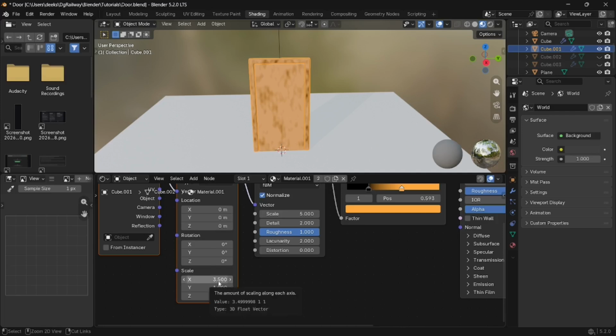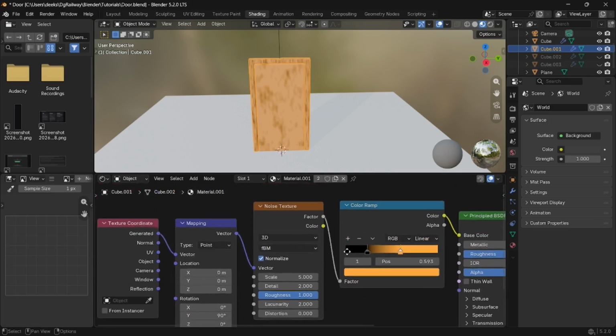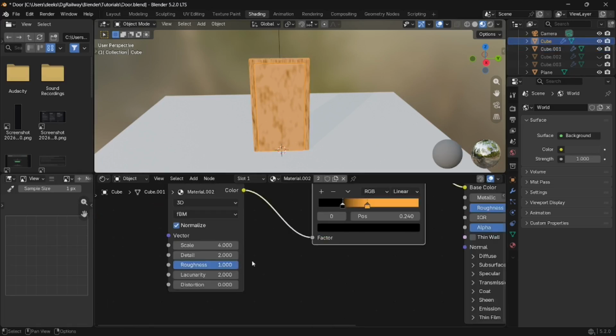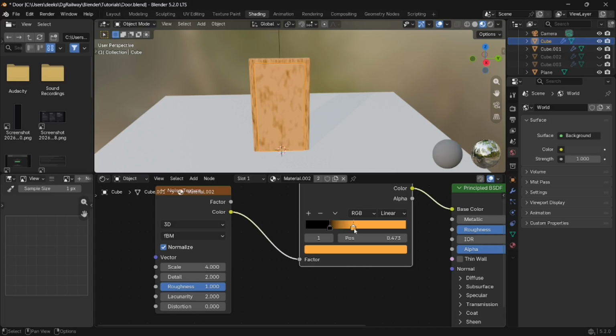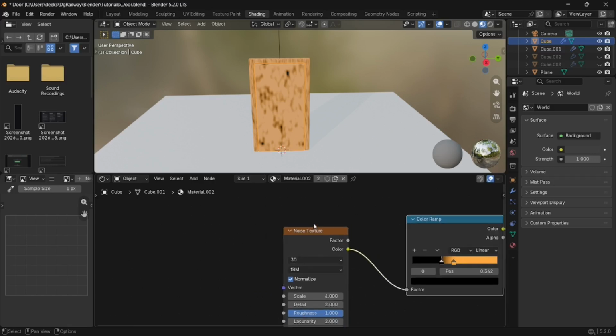You can play around with these values. There is no such kind of perfect way to make a texture. It's all about experimenting. I or any other modeler can give you guidance, but there is no type of trick. It's all about experimentation. The more you experiment, the more you will learn, as I am doing in this video.